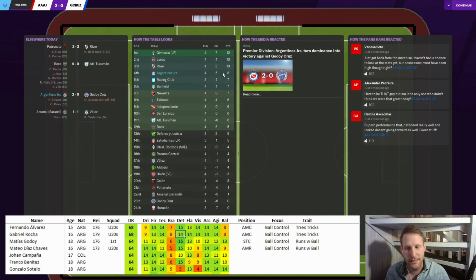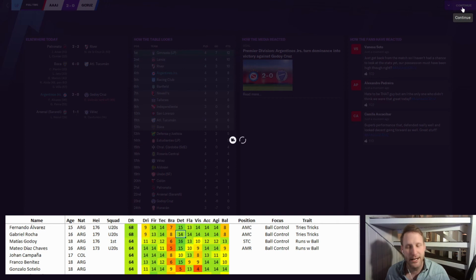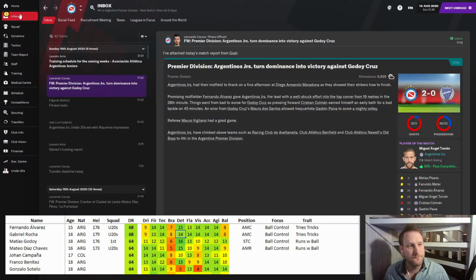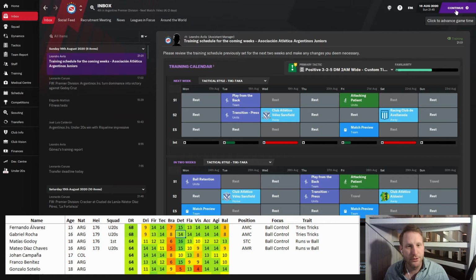So 4th in the table, 2 wins, 2 draws, and next we are playing Vélez, who are 17th, but in the Copa Sudamericana. Look at this. This could be an issue.